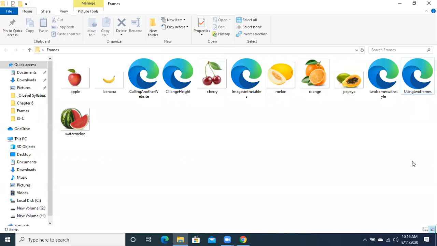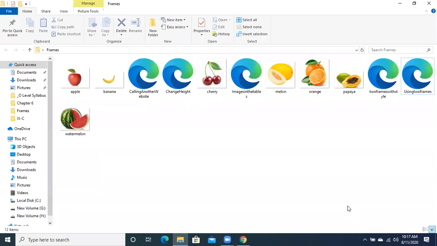Okay. Another property is there which we use with frames. That is basically seamless. Seamless is the property which is used when we are using different frames in order to present the frames one after another.